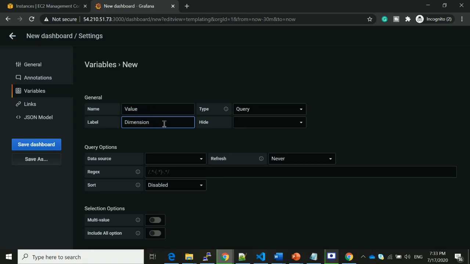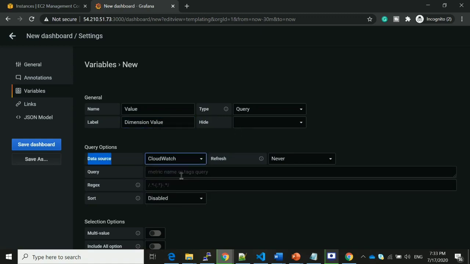Once you provide the name and label, you have to select the data source. Here I am selecting the data source as CloudWatch. Here we have to provide the query like this: dimension underscore value of, and we have to provide all the variables like dollar namespace, dollar region, dollar metrics and dollar key value.